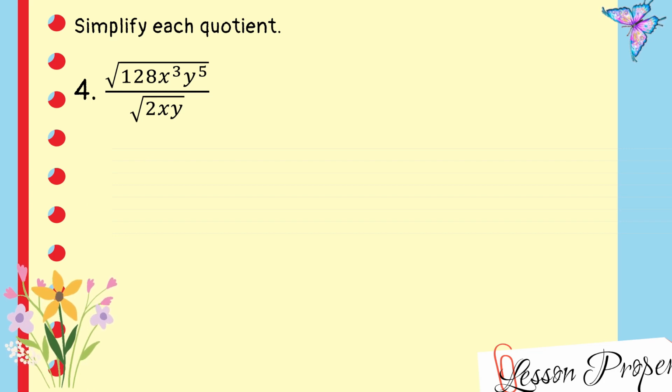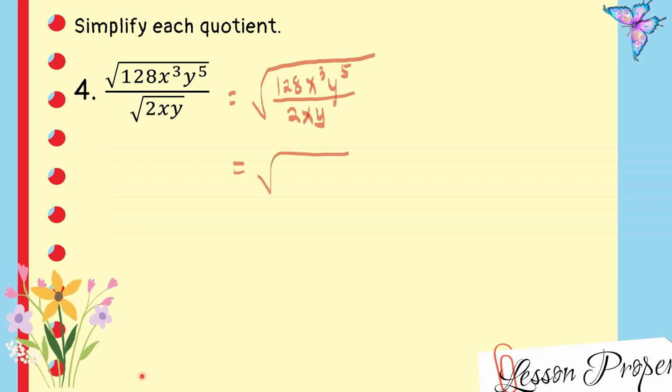How about number 4? So we can write this as the square root of 128x raised to 3 y raised to 5 all over 2xy. So we can do this when we cannot simplify each radical, the numerator and the denominator. So 128 divided by 2 is